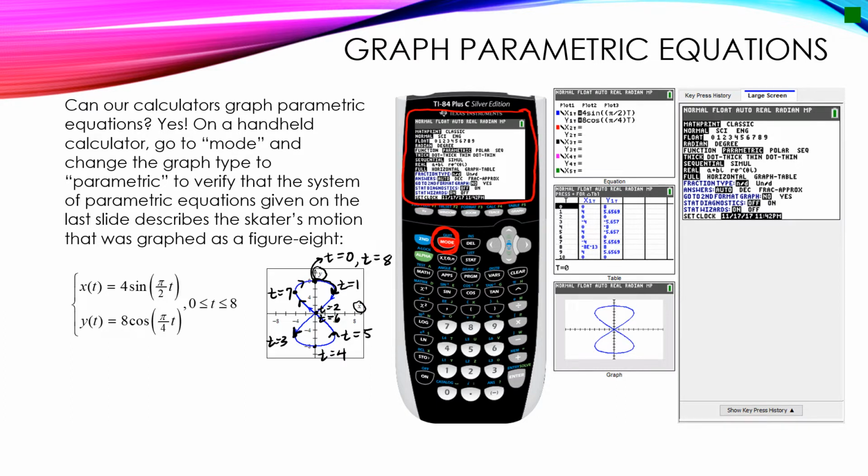And if you cursor down to the 1, 2, 3, 4, 5th line, you'll notice that you've probably never even seen this before, but we've always graphed our functions, but in this case we're going to change it to parametric. So you're going to arrow over, use your arrows, and change it to parametric. And then once you've done that, when you go to y equals, you'll notice that you have a screen that's different than what you've seen before. Now you've got an x sub 1 and you've got a y sub 1, and instead of having the input be x, notice that my variable is t, and that t matches the t that's being given to me in